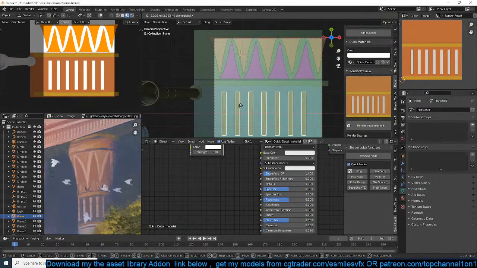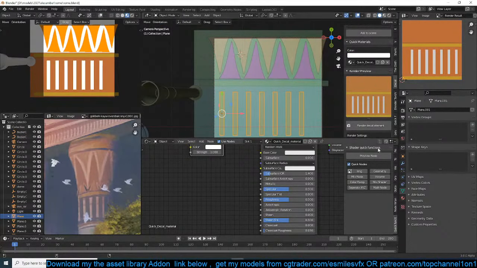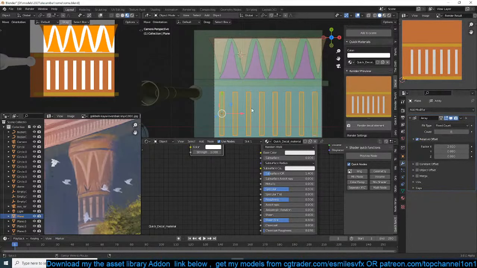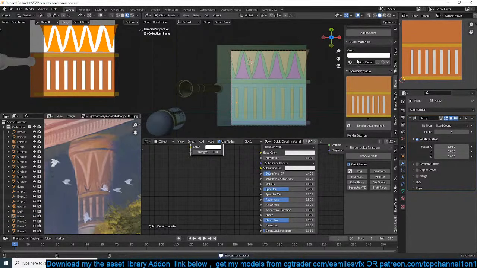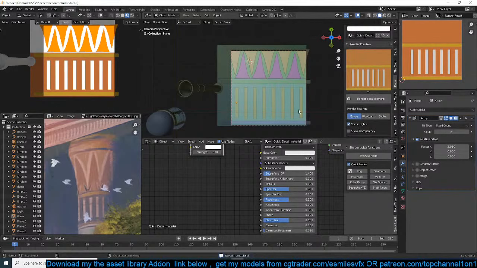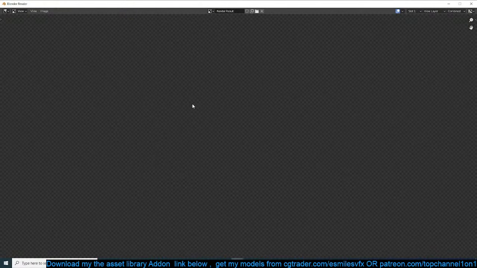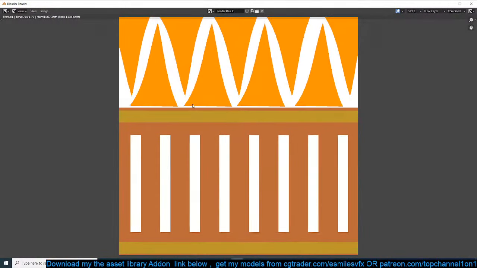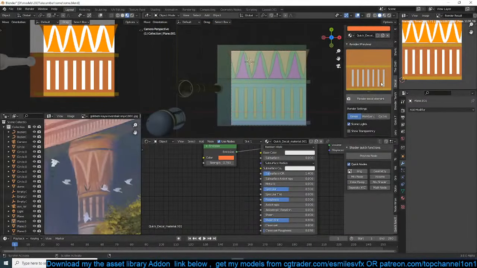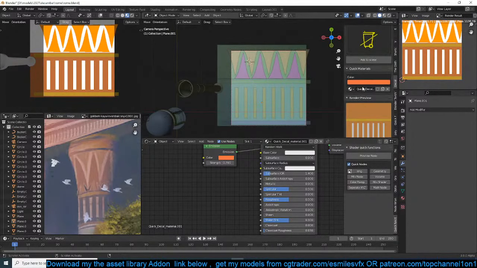I could spend a few more minutes to perfect this, but I think I'm okay with this. Just going to do a quick render again here. So this is how it looks. And now I can save this. I can save the decal